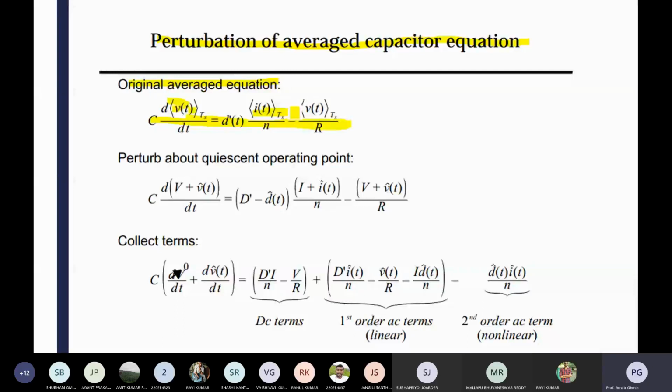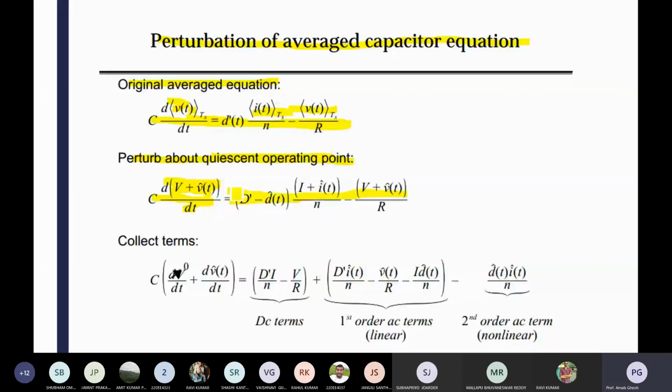At the quiescent operating point, you know what the quiescent operating point is, which I have already discussed. That one point is linear. Then you are taking the slope, or the tangent at that point, so you are considering only that point. Now you can go for the perturbations of your capacitor current expressions in terms of capacitor voltage. Basically, capacitor voltage is your state variable. So I think you are able to understand that.